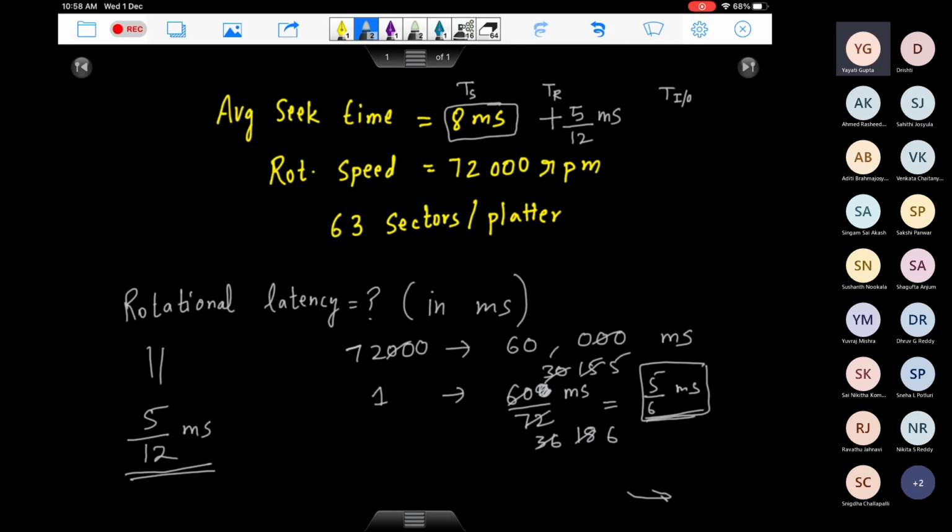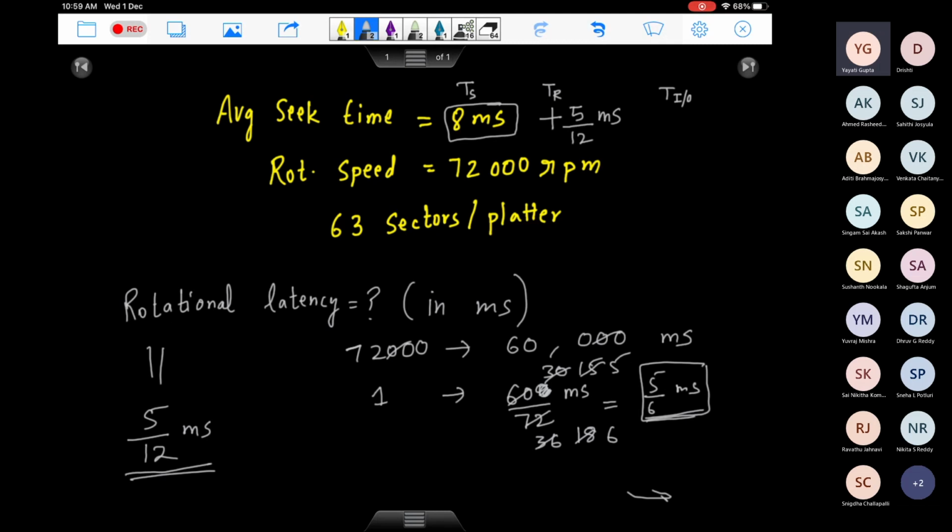So we are not given the data transfer rate. So what we can assume is, when your disk rotates, sector by sector, you can read and write the data. So what can be the maximum time it takes you to read and write the data? It could be the maximum time that your disk rotates. Whenever one sector comes below your read write head, there is some time which it takes in rotation and there is some time which it takes in input output. So we are assuming here that the input output time is much less than the rotation time. So as soon as one sector rotates below your read write head, you can complete the input output.